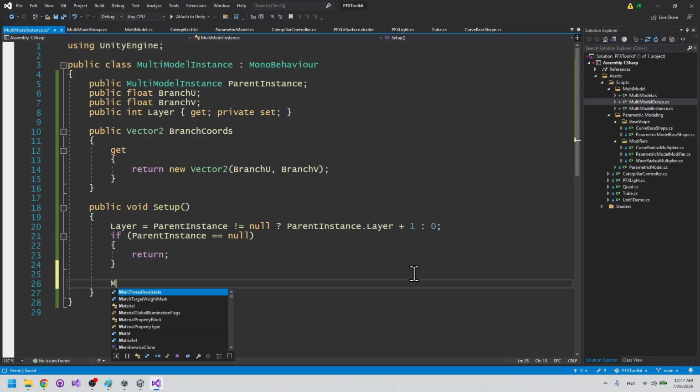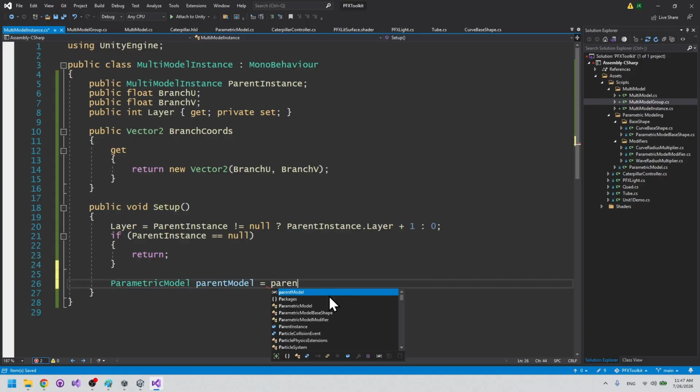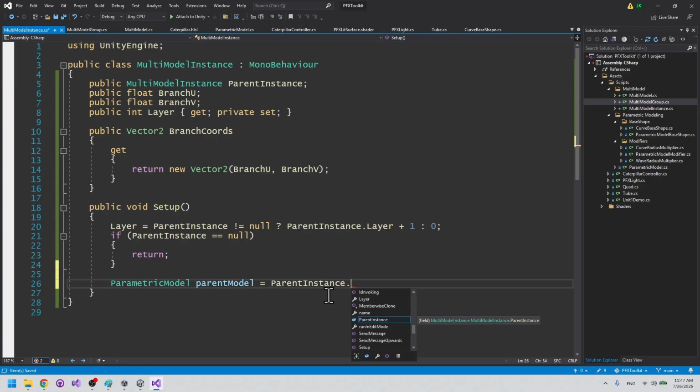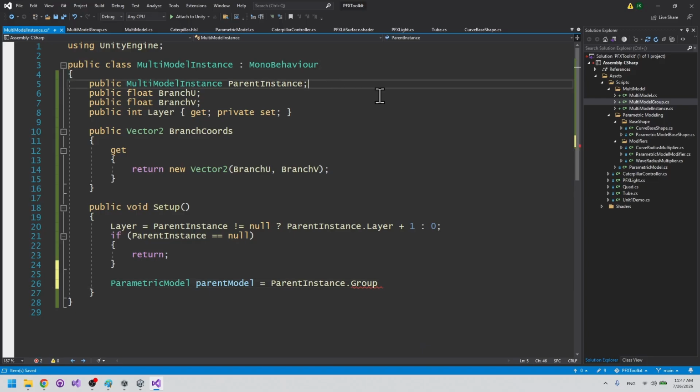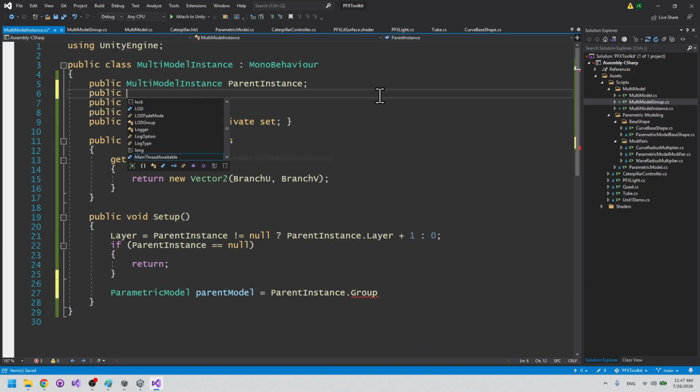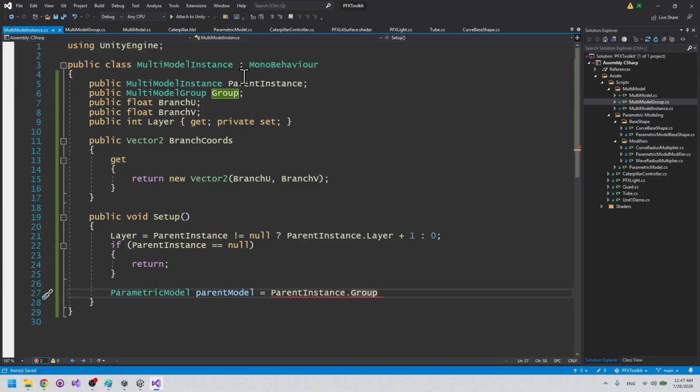Let's get the model that corresponds to the parent. So we'll say parent model equals parent instance dot, and this should live on the group. So let's get the group from our parent instance. Okay, we didn't do that. So we need to make sure that we are tracking the group that generated this thing too. So we'll say MultiModelGroup group, so each instance knows which group created it, and then that should give us a reference to this